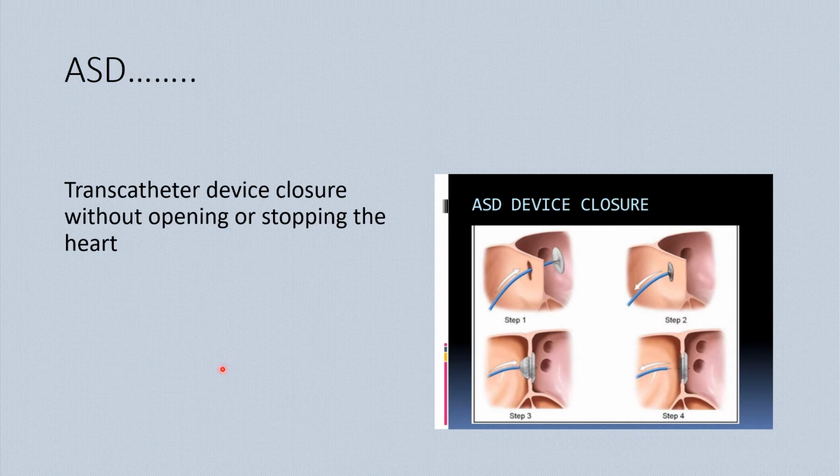This slide shows the transcatheter device closure. Transcatheter device closure is a safe and very effective alternative to open surgery, and it's done without opening of the chest or stopping of the heart. What happens is that a device is implanted over a large catheter which is passed through a peripheral vessel, usually a vessel in the lower limb, and this device fits snugly over the septal defect, causing closure of the defect. So occlusion is achieved without opening of the chest or open surgery.